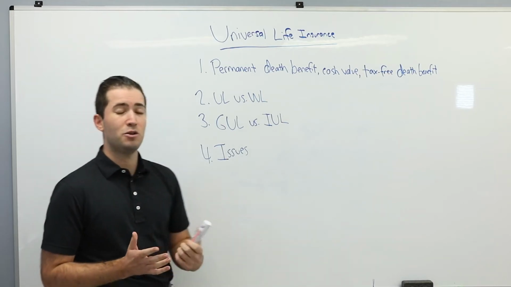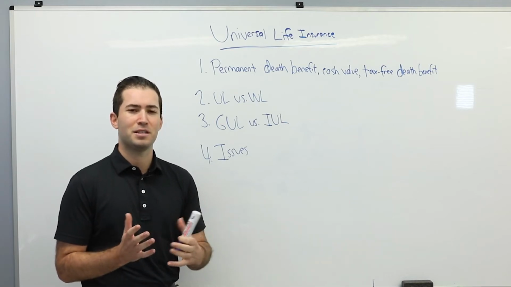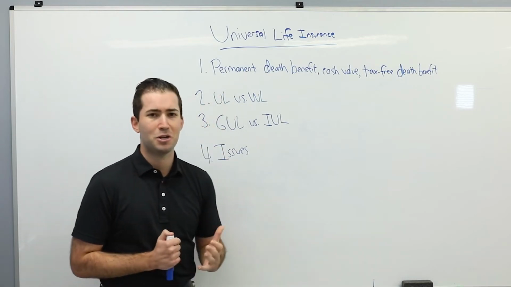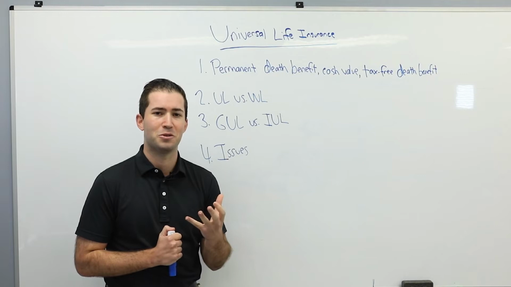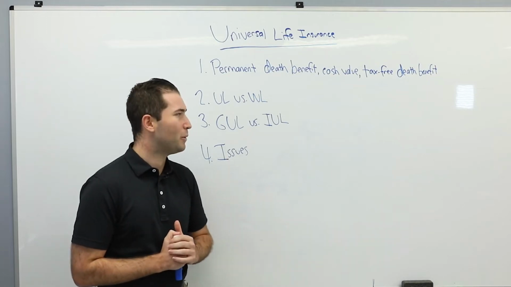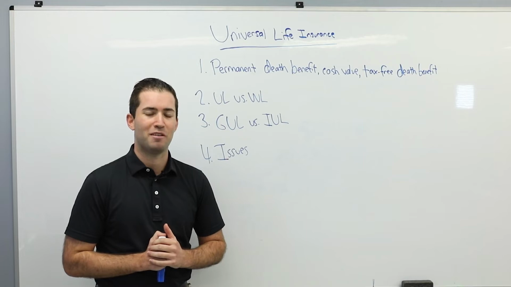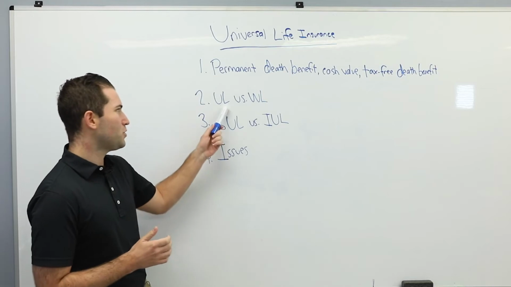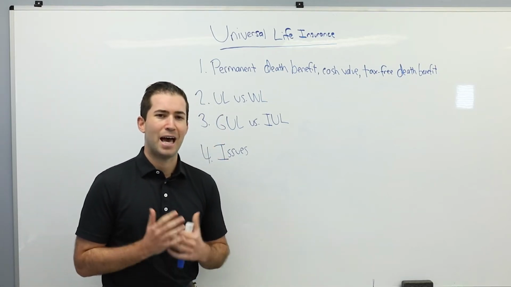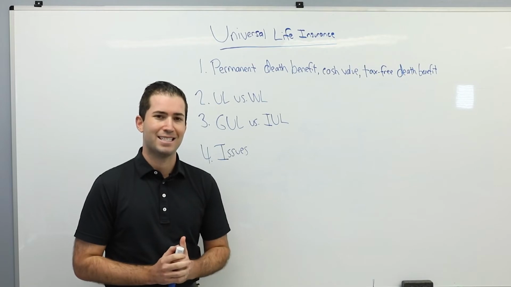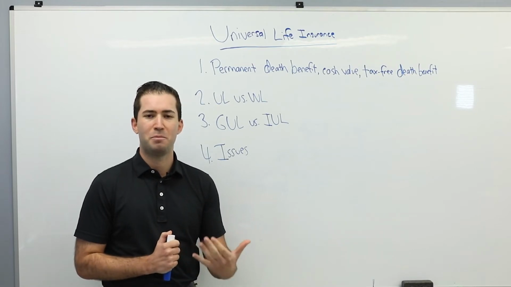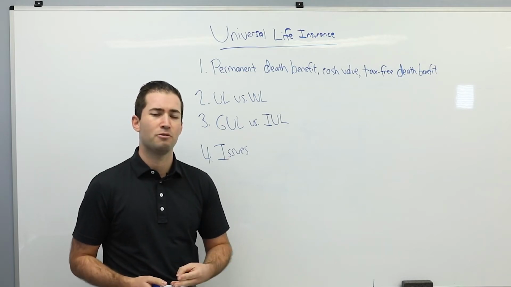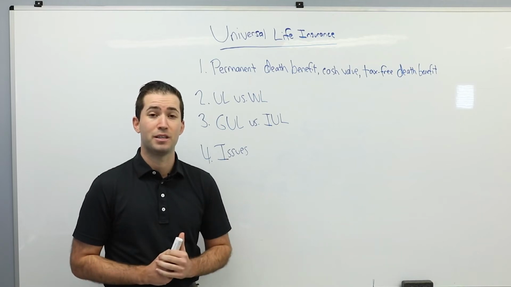So with all that being said, universal life insurance has some similarities and some differences to both term and whole life insurance. There is a permanent death benefit associated with universal life insurance as long as premiums are continued to be paid. There's also a cash value component, and the death benefit from a universal life policy is paid income tax free to your beneficiaries. But where universal life and whole life differ is that whole life insurance, traditional whole life insurance, has a fixed premium that you must pay to keep the policy in force. And that premium is due either every month, every quarter, every year, depending on how your policy is structured.